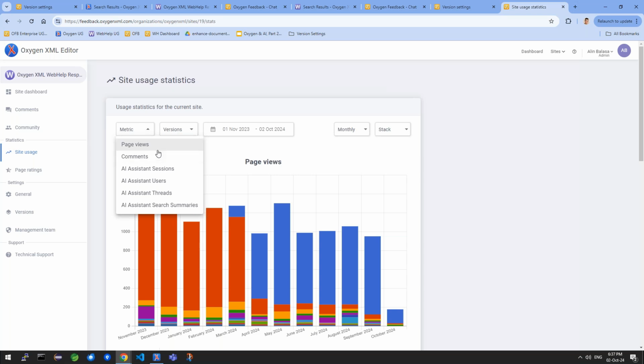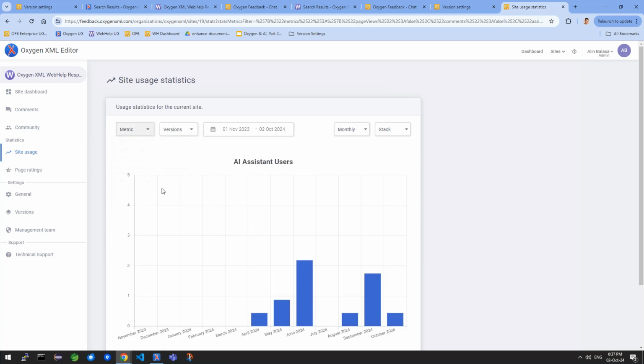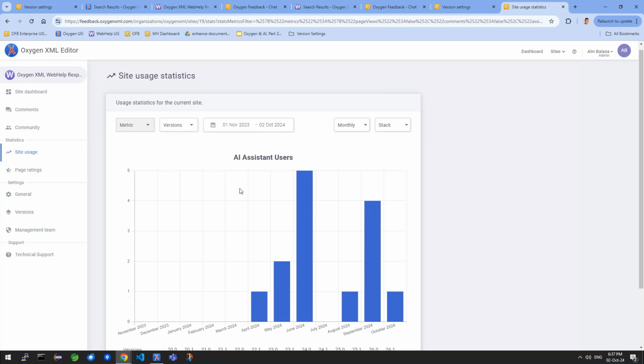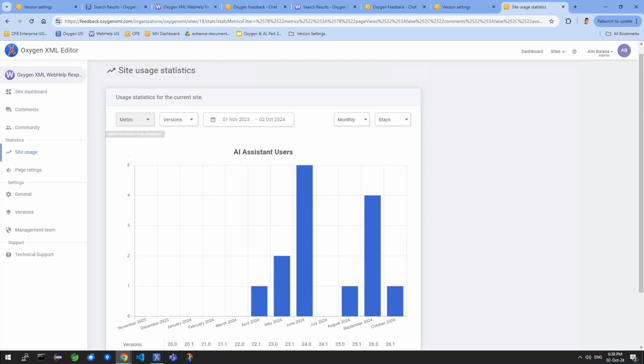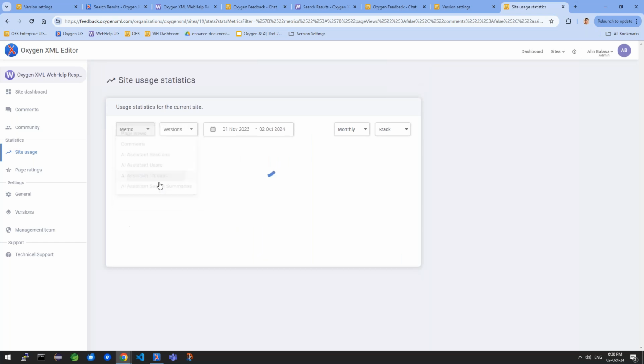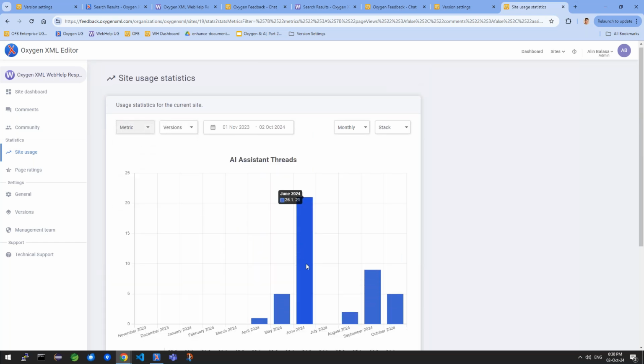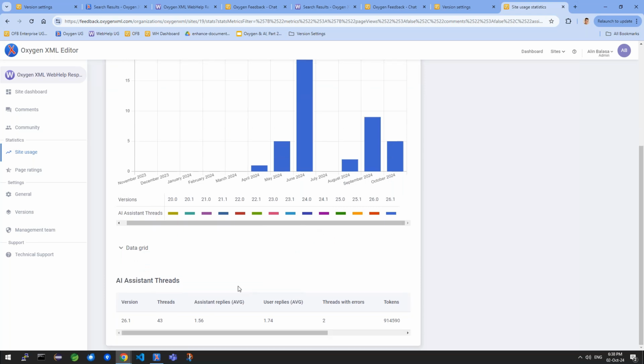Clicking the metric combo, you'll find that you can see statistics for AI assistant users. You can find how many users have interacted with the AI assistant in the selected period of time. Also, you can see statistics for AI assistant threads. You can find how many threads have been created,